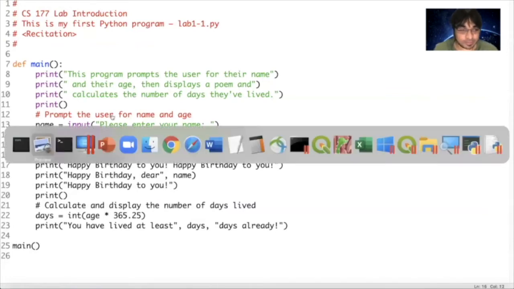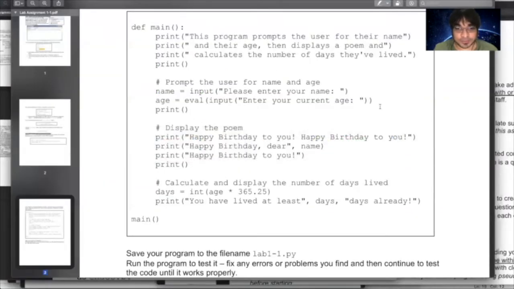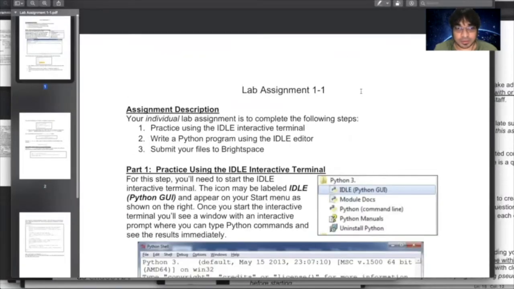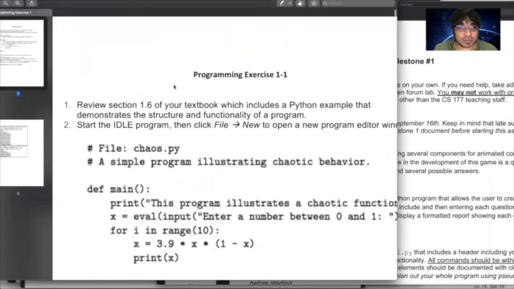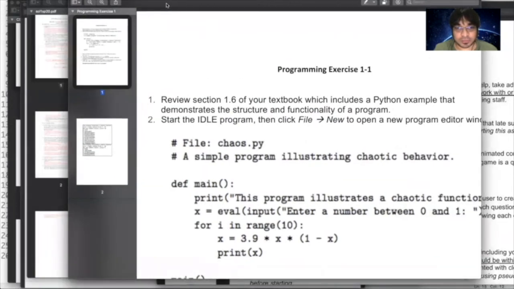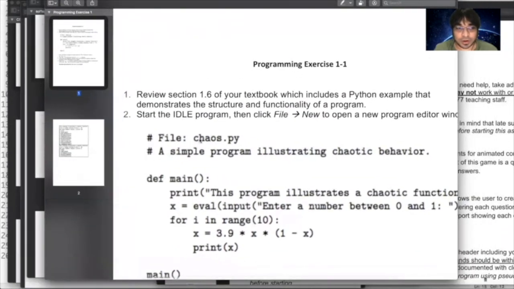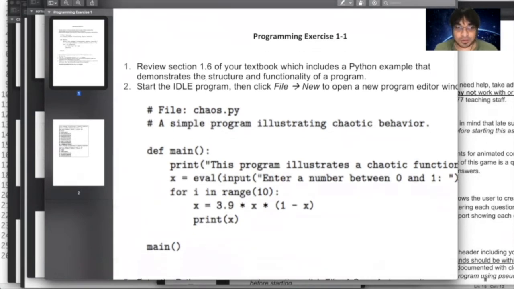Okay, moving on from lab assignment 1. Let's close this. Now let's look at programming exercise 1. Over here, the first instruction was to look at section 1.6 of your textbook. And I hope you have done that. Good job.